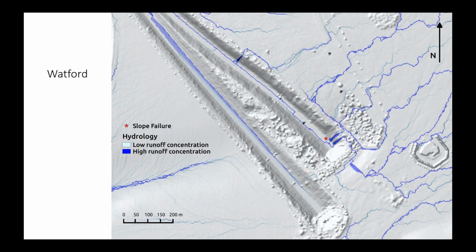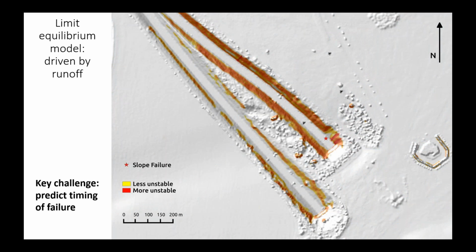But the thing that I want you to notice here is that we've spent a lot of time trying to get these limit equilibrium models to work, and really one of the biggest drivers to whether or not it can give a good picture of where you might get a landslide depends on the topographic data quality. So this is a 1-meter LiDAR image of this site, and I'm going to overlay,